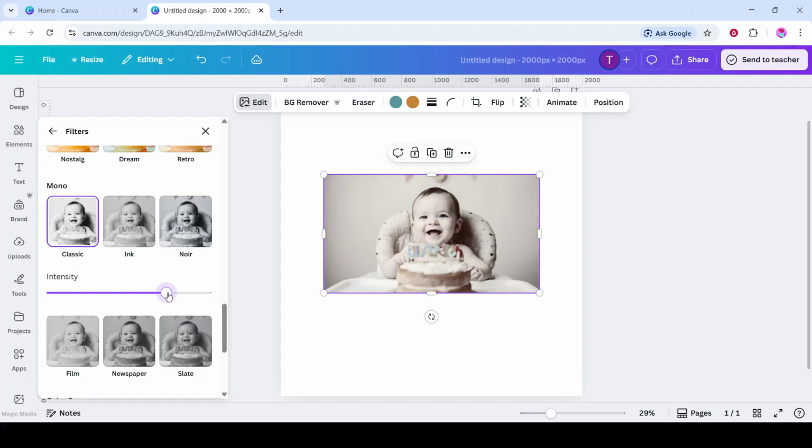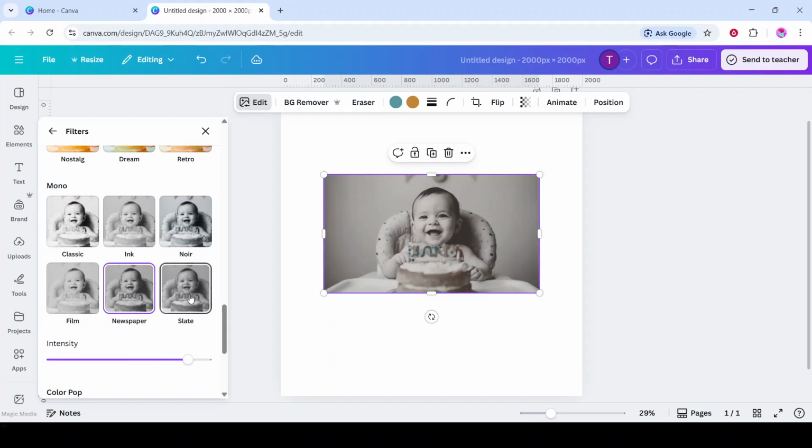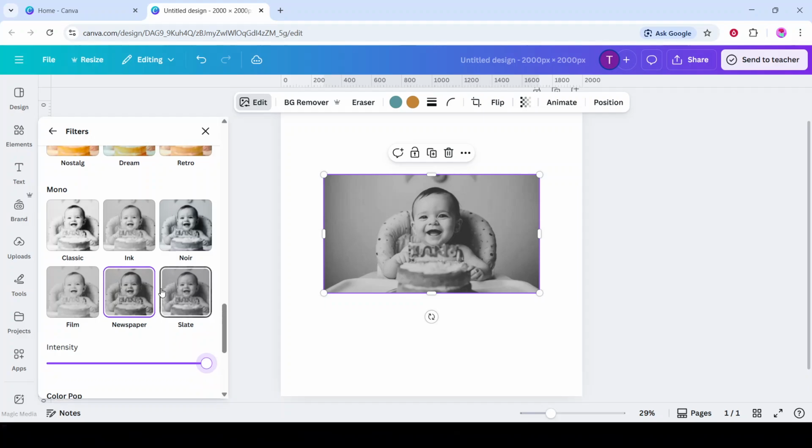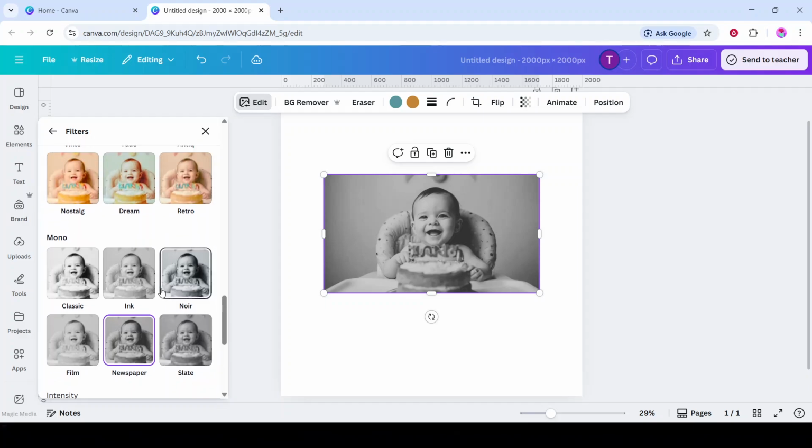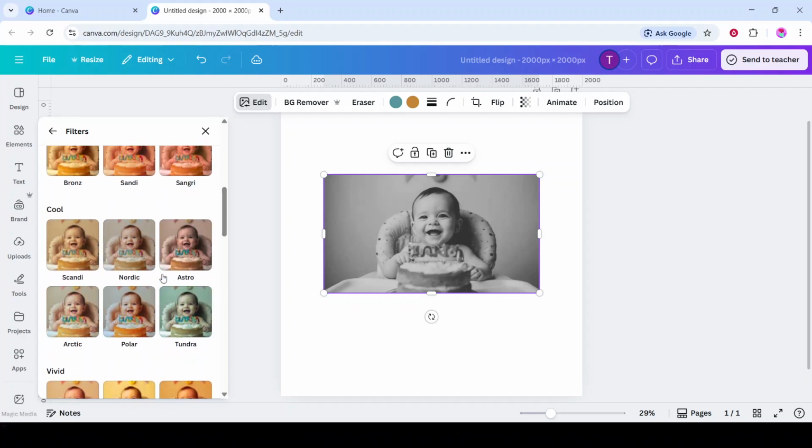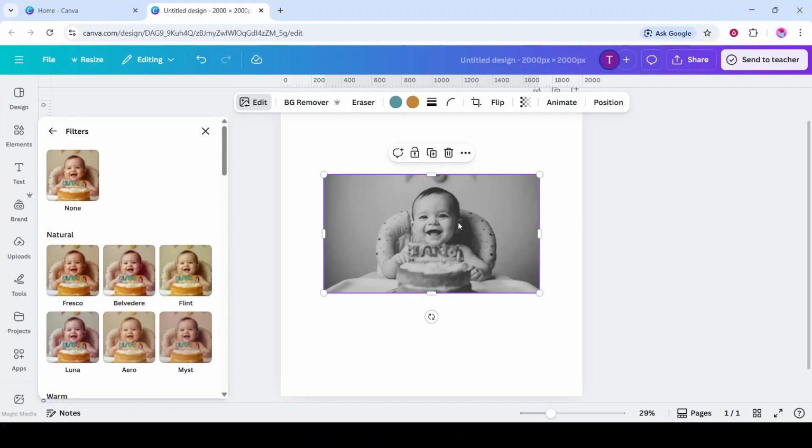Dragging the slider to the right increases the strength of the filter, giving you a deeper, higher contrast black and white. Dragging it to the left softens the effect for a more subtle, muted look. Move it slowly and watch the preview update in real time so you can land on the exact tone you want. This approach is great when you're after a stylized black and white result with a bit of built-in contrast